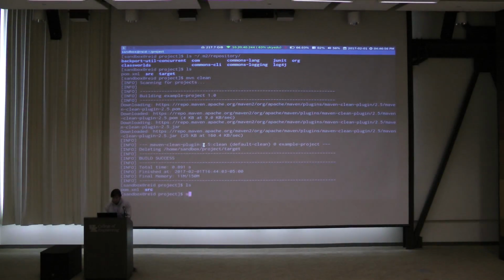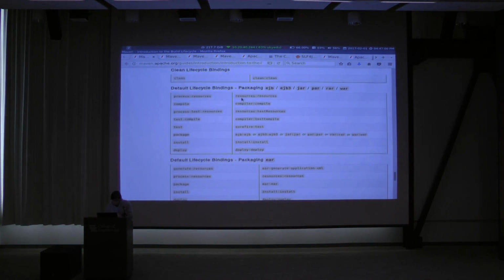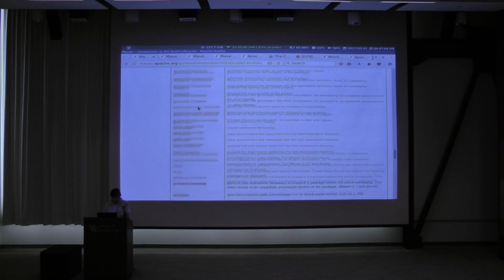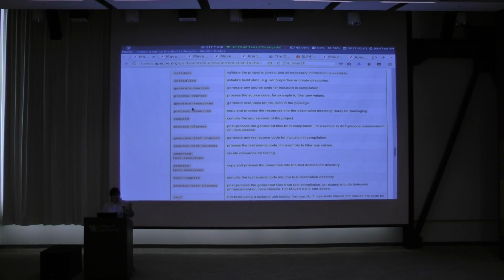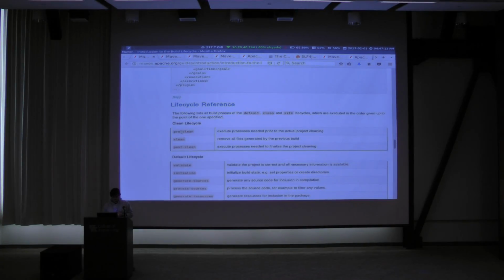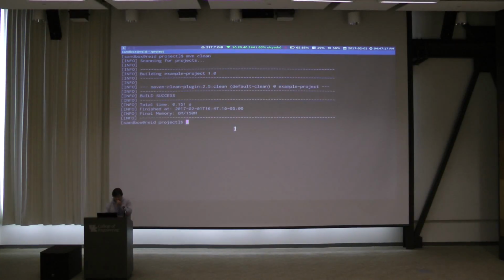So let me do Maven clean again. Oh, I wanted to show you one thing real quick. You notice if you have all these phases, but you'll notice when I ran Maven clean, for instance, that even though it specifies 3 things that can happen right here, it didn't look like all that actually happened.